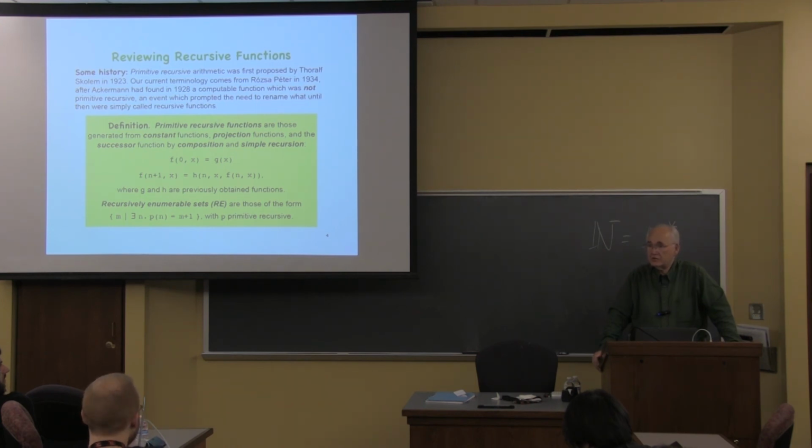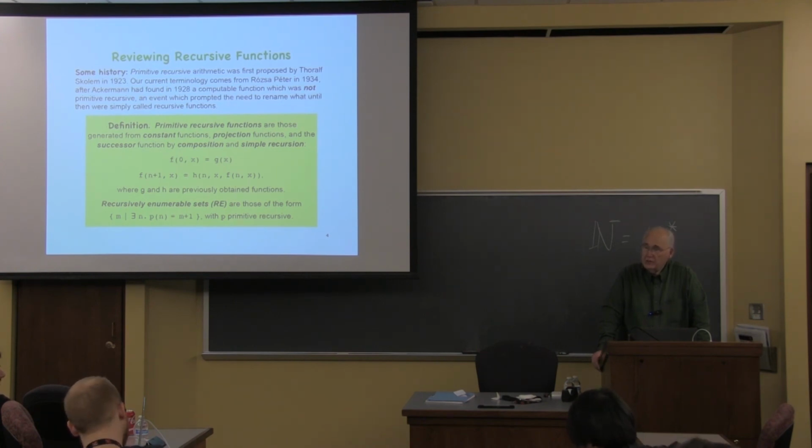Primitive recursive functions are very powerful, even though Ackermann showed that a double recursive function is not necessarily primitive recursive. But Gödel showed how much you could do with primitive recursive functions. And sometimes we forget when discussing recursive enumerability because we are brainwashed by Turing machines, if you'll forgive me for saying that. But primitive recursive functions tell you what recursive enumeration is, because you can think of a primitive recursive